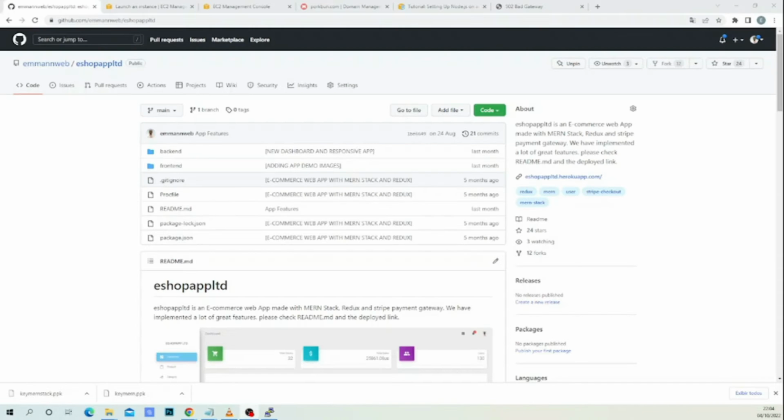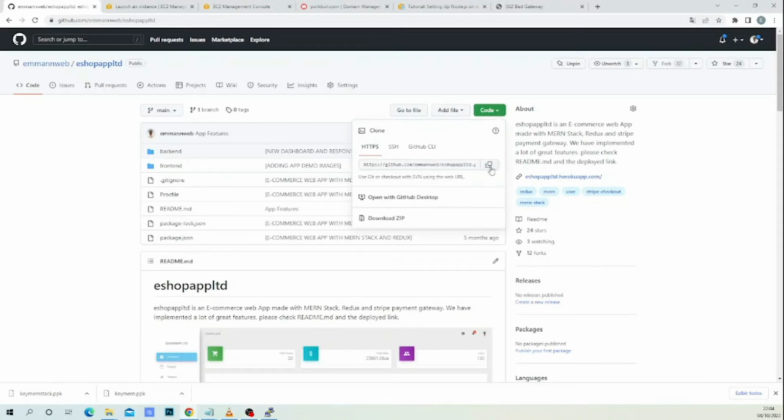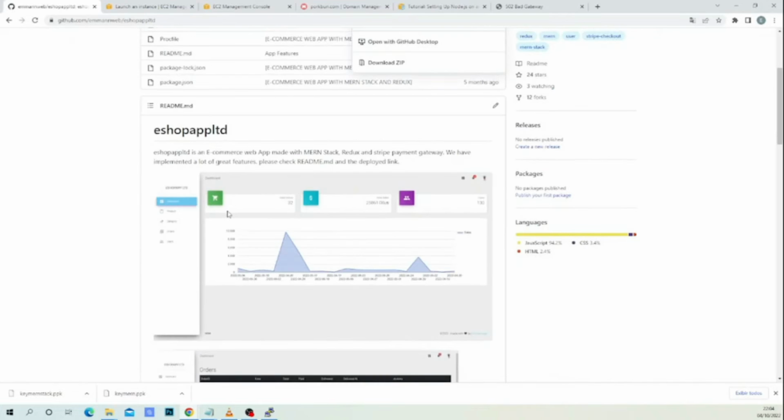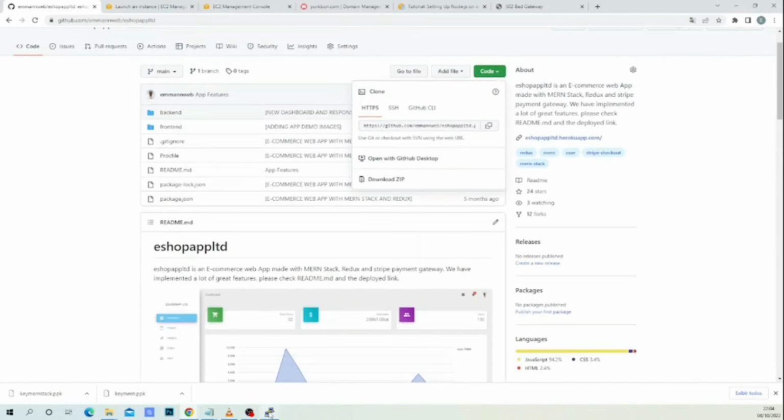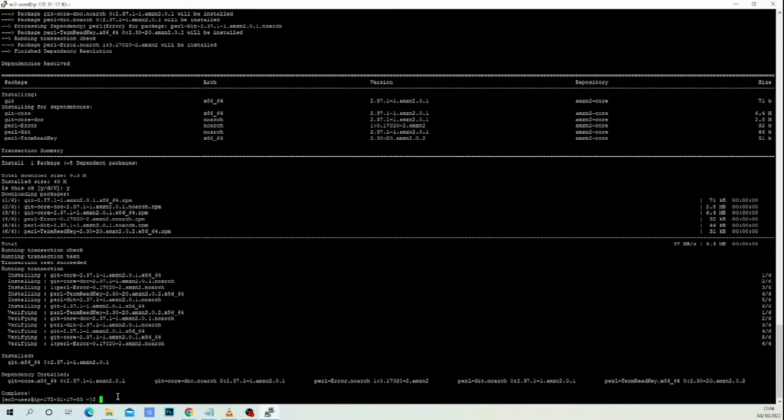So now we have done with the git, and we're gonna install our project folder. So hover it and click and copy the link. So to install the project, we're gonna use sudo git clone,